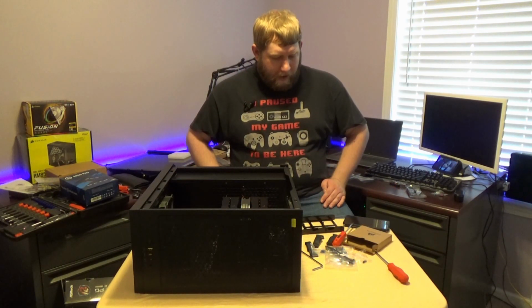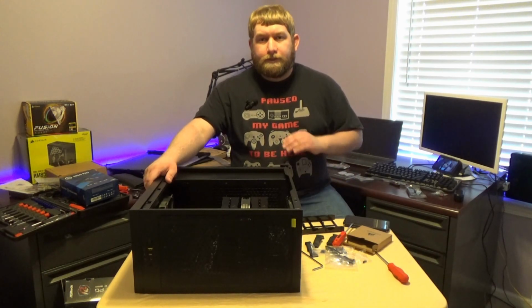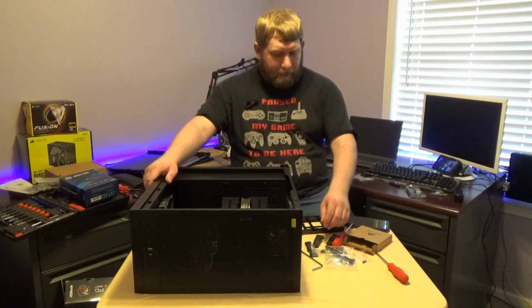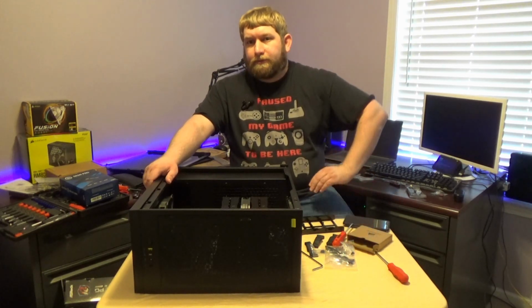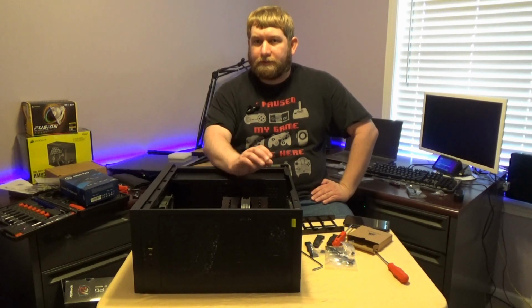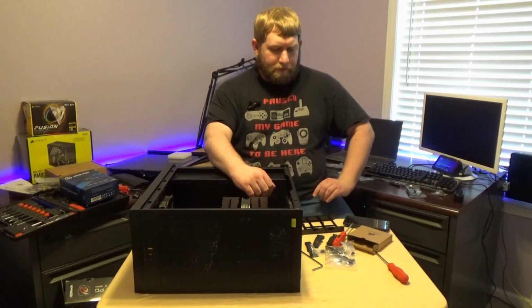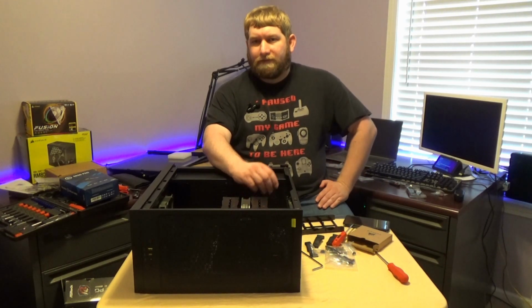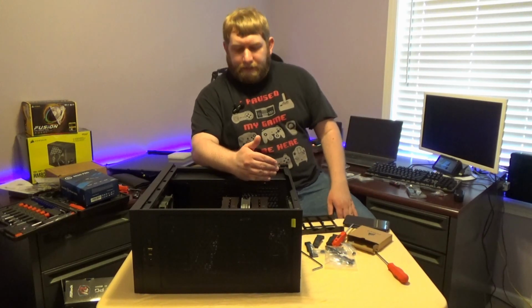Alright guys, so I've now got the motherboard completely mounted. There were no additional standoffs. There's actually extra ones that came with the motherboard. And one of these screw locations on here did not have a mount behind it, but there was a place for it, marked AN, I believe, on the case. So I took one of the additional standoffs and put it there, even though there's plenty of stability there,